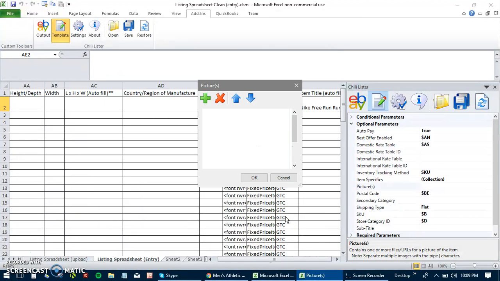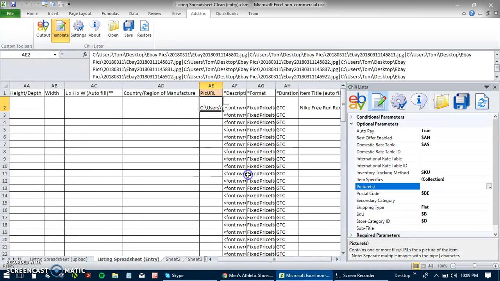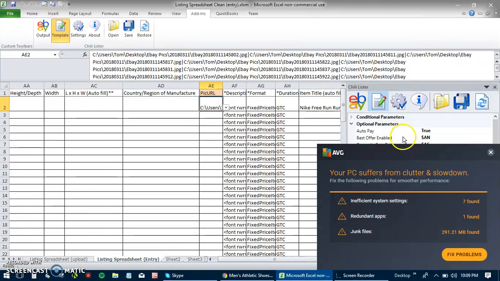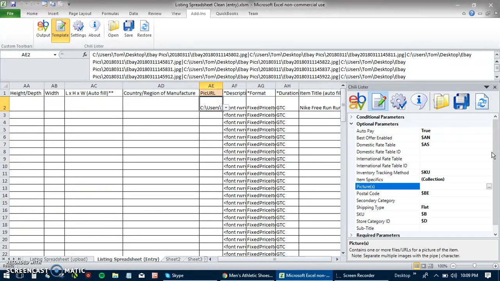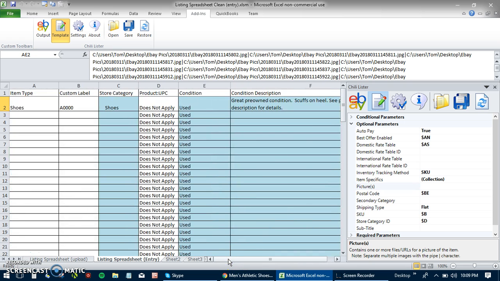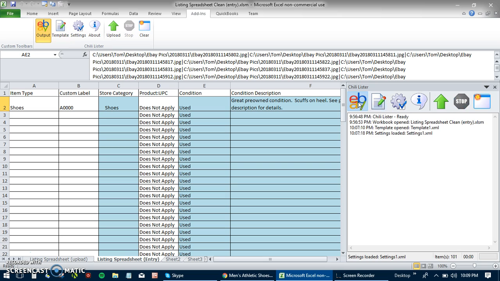All right, so open and OK, and you'll see it places all the pictures in this pick URL. It puts them in the format that eBay wants them in. Once that's done, you've filled out your entire sheet with multiple items and the pictures in there. What you do at this point is hit this eBay button here, and boom, it's going to go through,